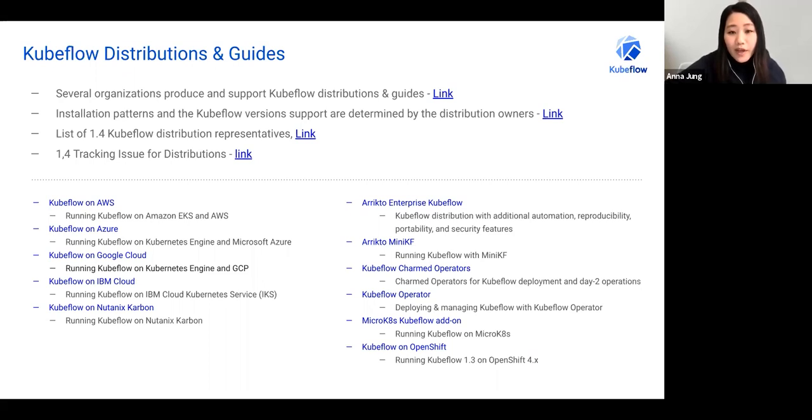release. And also in 1.4, the release team actually took the effort to identify the owners and communicated with them during the distribution testing phase. And we were able to get many distributions on board with 1.4 and were able to catch issues based on their feedback. So we really appreciate all the communication updates from the owners, and we hope to continue this in the future so that we can provide the community with up-to-date information about each distribution with every release. Next,